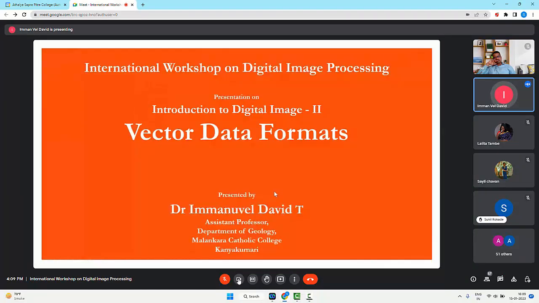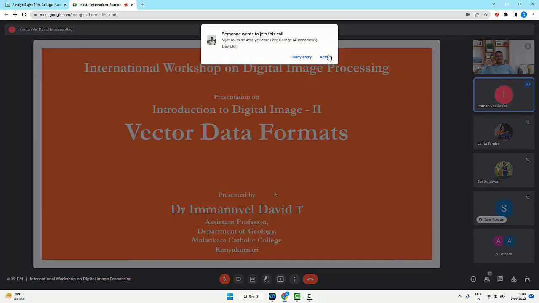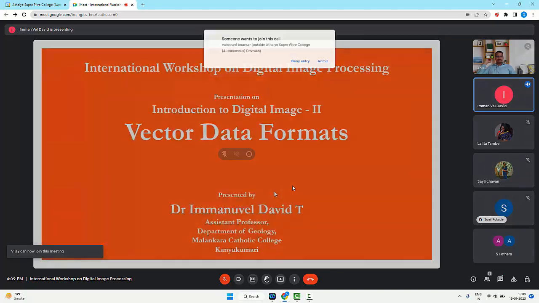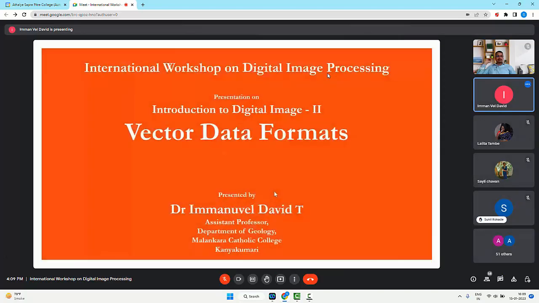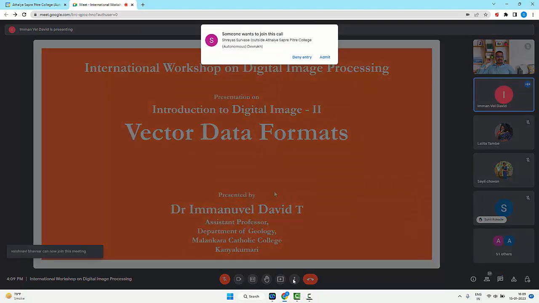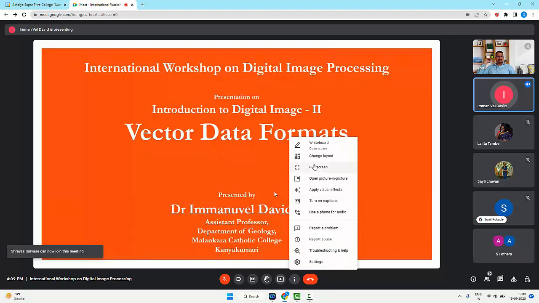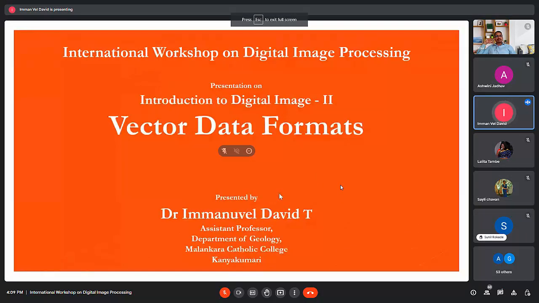And secondly, we are today going to discuss the topic of vector data formats, which is an introduction about the digital image. The main scope of this presentation is the following.